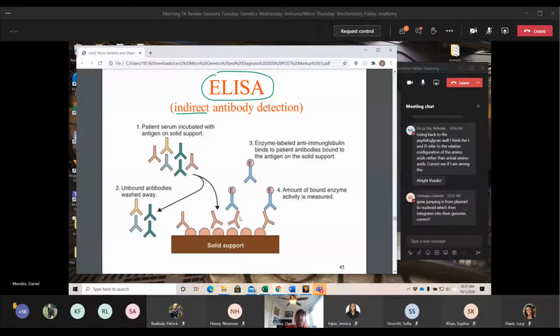So you do your preliminary titer and you find out, okay, the patient has a whole bunch of antibody in their serum. Now we need to take that antibody and find out what it is an antibody for. So this is going to give you a little bit more of a specialized diagnosis here to know, all right, the patient has a whole bunch of antibodies for this. Okay, well then they probably had a recent infection of that.